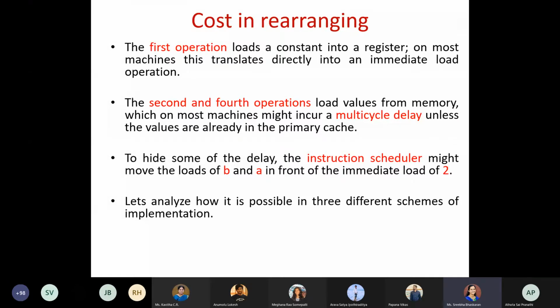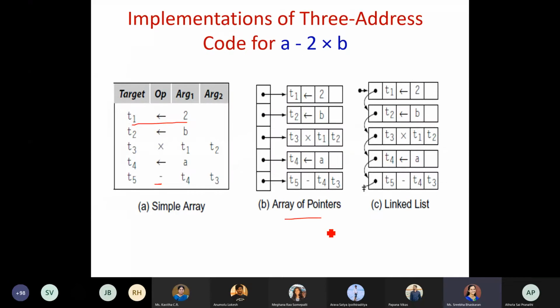So when we take up the first instruction, which is 2, a constant value which we have to load, we can say it is a load immediate, right? But when you take the next two instructions, that is T2, the variable B, and variable A, these two variables we have to load from memory.